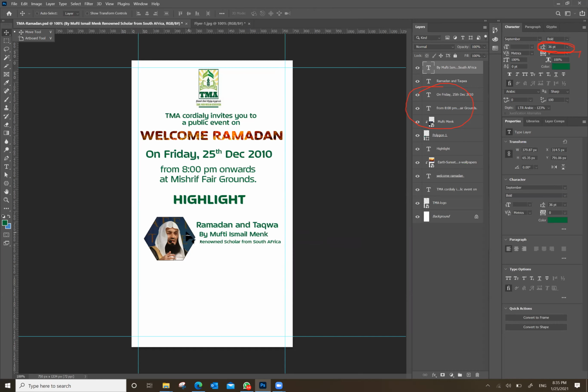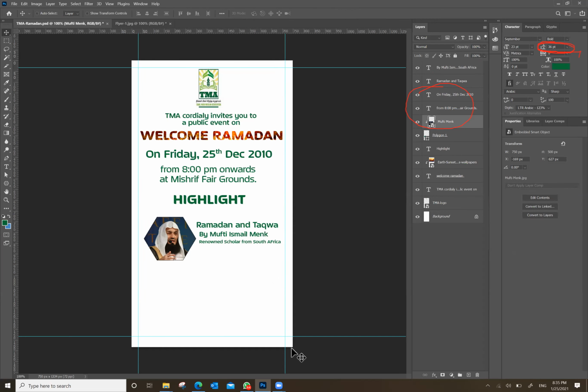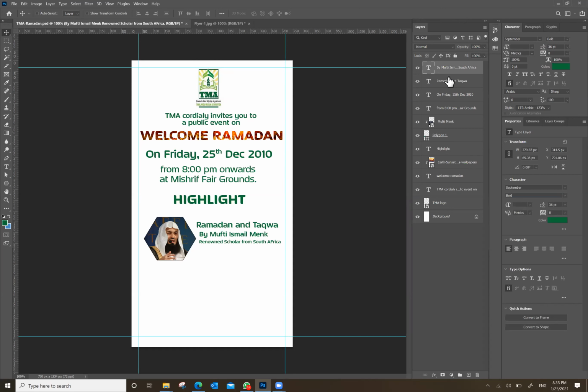Now just observe, I have the Mufti Menk two layers. Let me remove the annotation, it will be confusing. Okay, so now you have the two Mufti Menk layers, then you have Ramadan and Taqwa, his title, and his details.